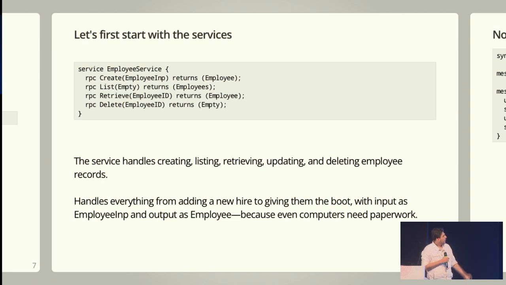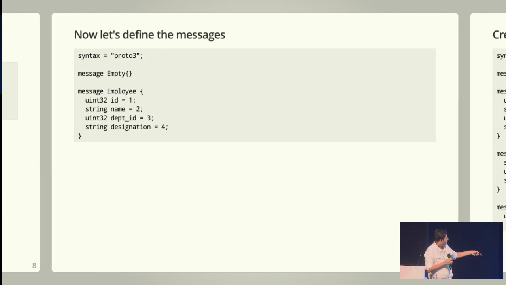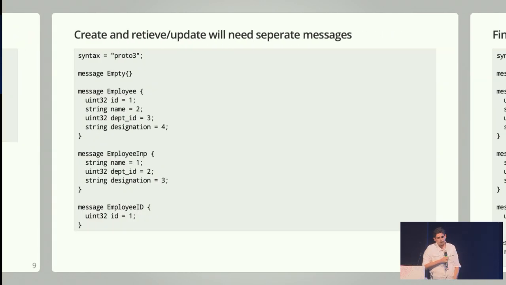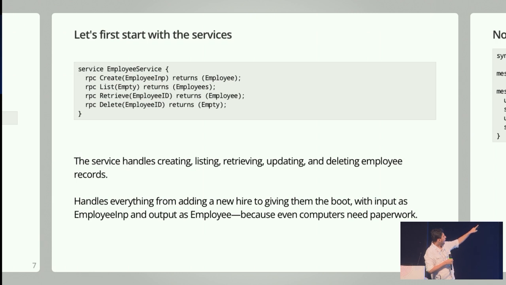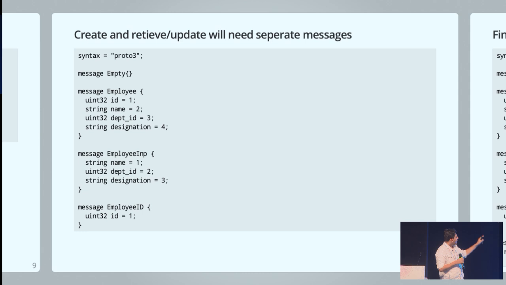So you have to define this clearly, right? For example, let's look at the messages here. Let's start with the employee. We have an ID, name, and a few other details. This ID would not be there while creating. Usually you don't have the ID, the database auto-increments, big int, whatever. You don't have the ID while creating. So we need another message, employee inp, and that's what we are using here in the create RPC. Similarly, delete and retrieve need an ID. Even though it's an integer, I can't just say retrieve I64, or straight away put a data type there. I need to define a message which has one field, ID, which is I32.